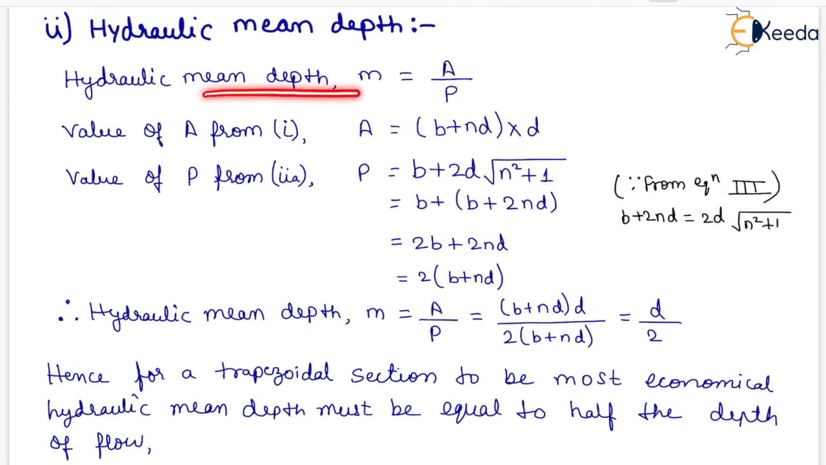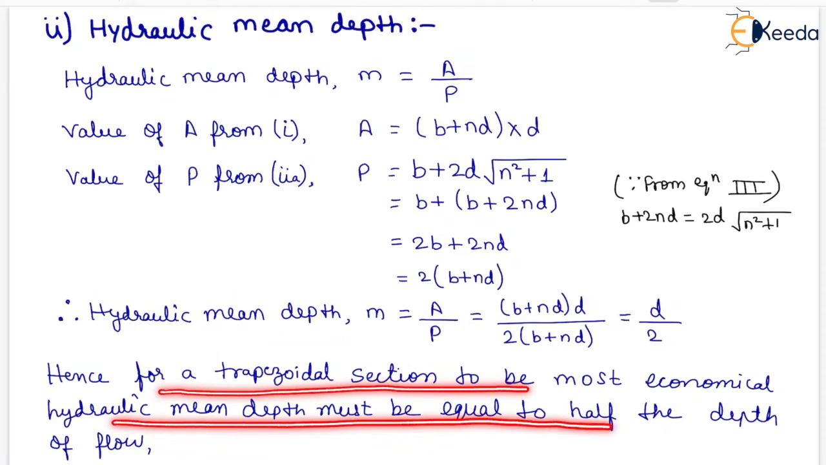Hydraulic mean depth, that is M, will be equal to wetted area upon wetted perimeter. Now the value of A will be equal to B plus ND into D and perimeter will be equal to B plus 2D under root of N square plus 1. Now this will be equal to B plus 2 ND, which will be equal to 2 into B plus ND. Now we will calculate the value of hydraulic mean depth, which will be equal to A by P. On putting the value, we will have hydraulic mean depth equals D by 2. Hence, for a trapezoidal section to be most economical, hydraulic mean depth must be equal to half the depth of